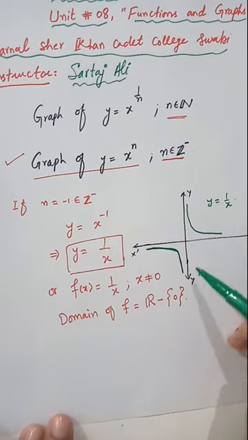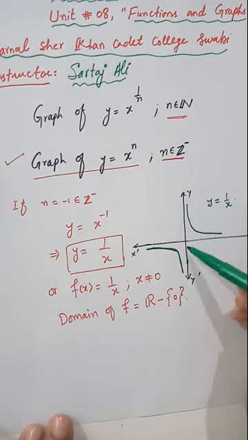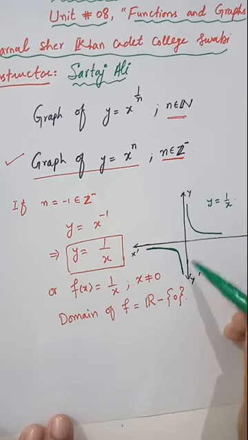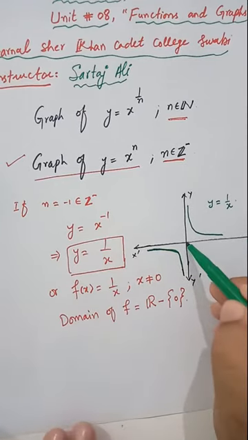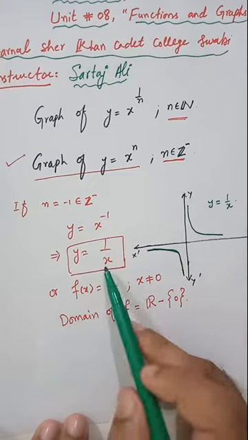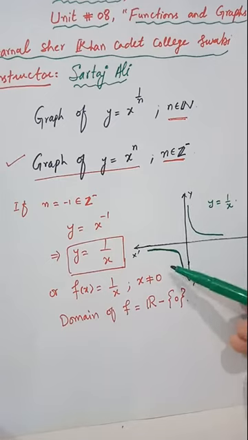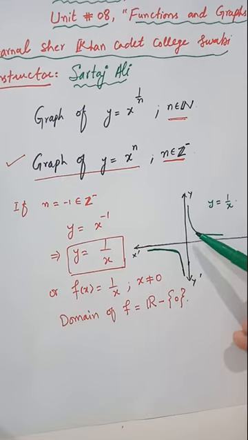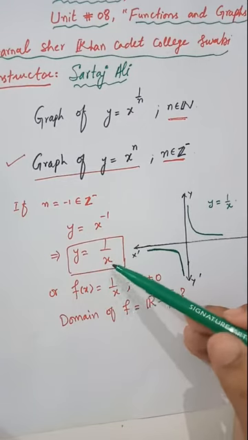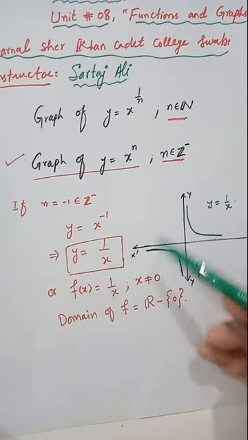You see that this graph is disconnected when the curves tend towards 0 from left and right, because this function is not defined at 0. That's why you see two discontinuous curves, in the third quadrant and in the first quadrant. The reason behind that is these are discontinuous at 0 because at 0 this function is not defined. So this is the graph.